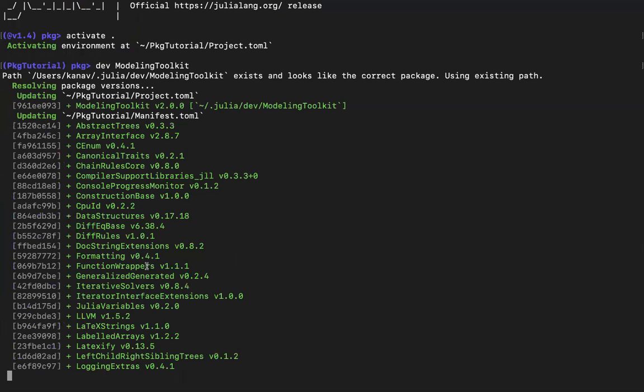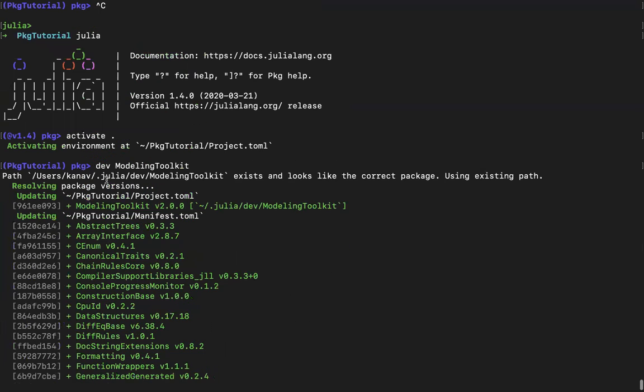When you do dev on a package, it literally git clones the master branch of that project and stores it inside .julia/dev/ModelingToolkit, or whatever package you want to develop. As I see many of you are working on Plots.jl, you might have done dev Plots.jl to work on it.